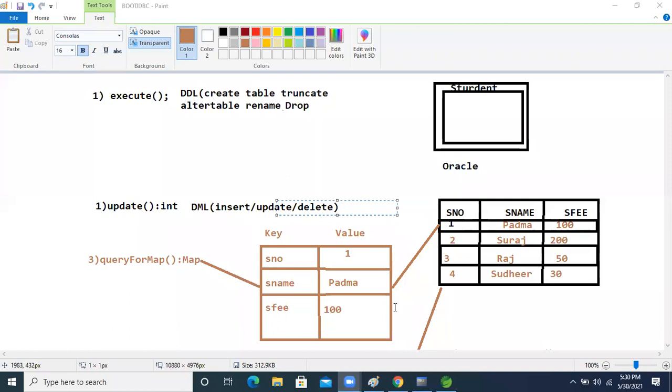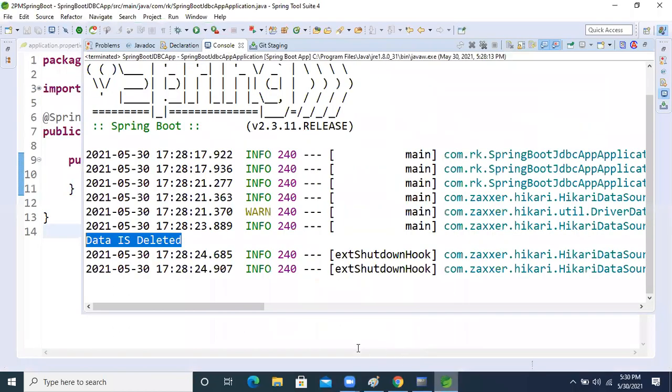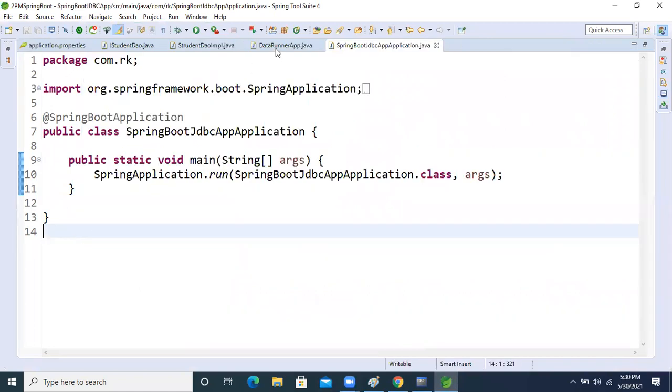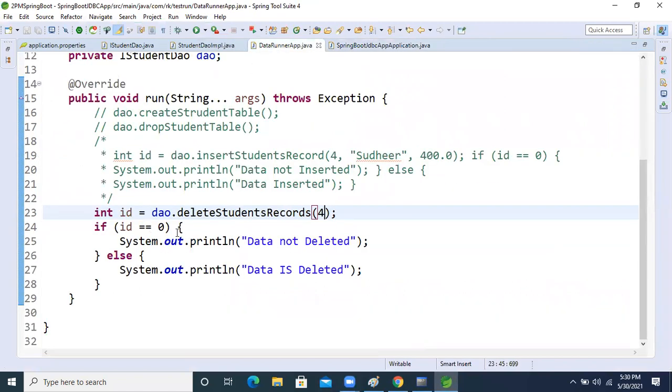Yes, we can see how many rows are deleted, right? If you want to see how many rows are deleted, come here. You have to do one thing: take the ID here. Now here, just take the ID again. Again take the ID. That's it.